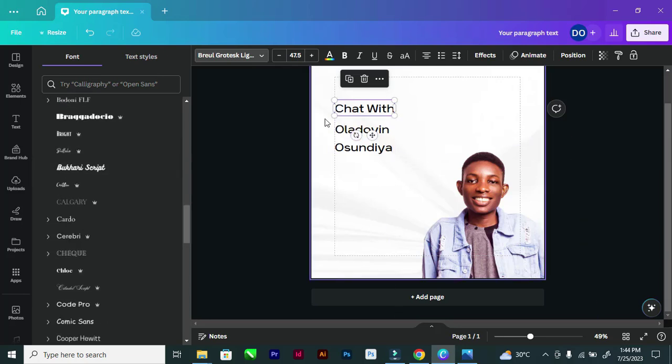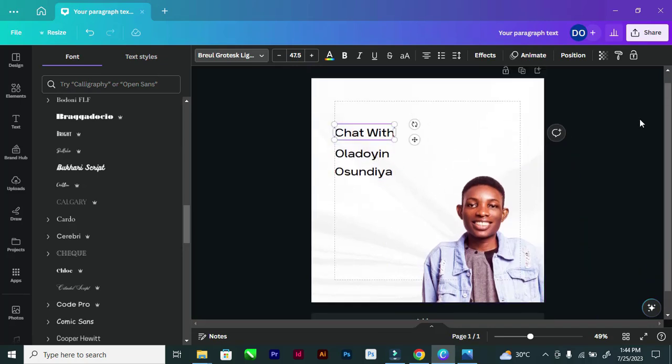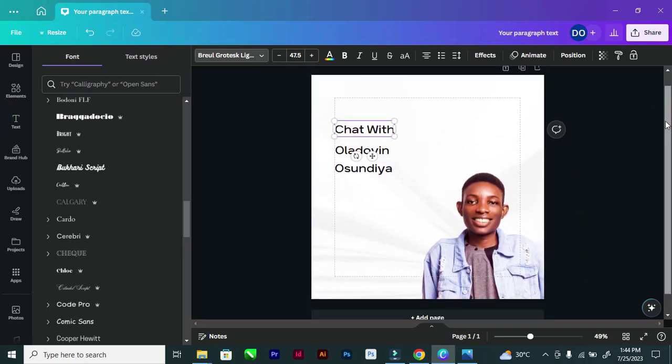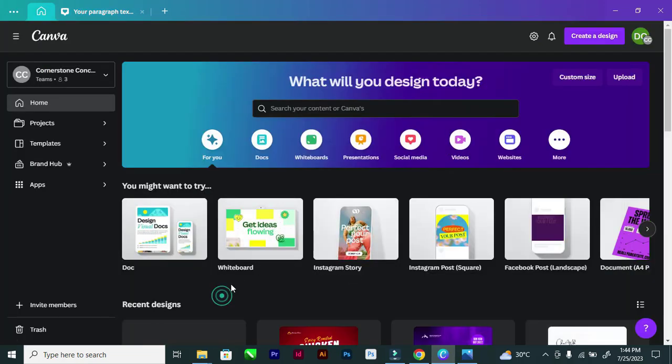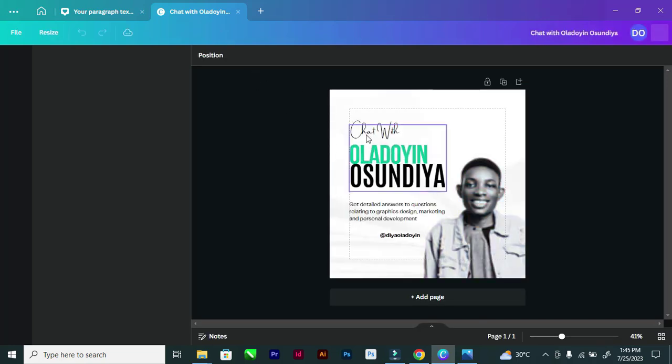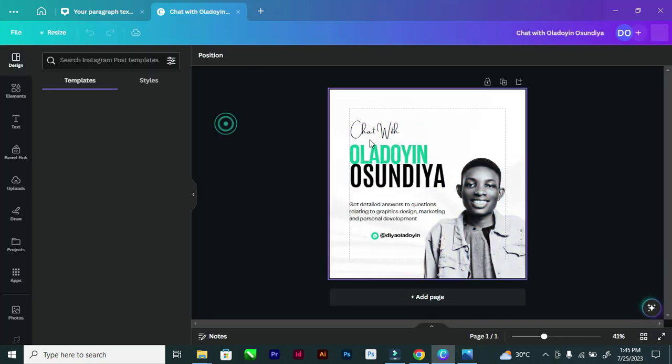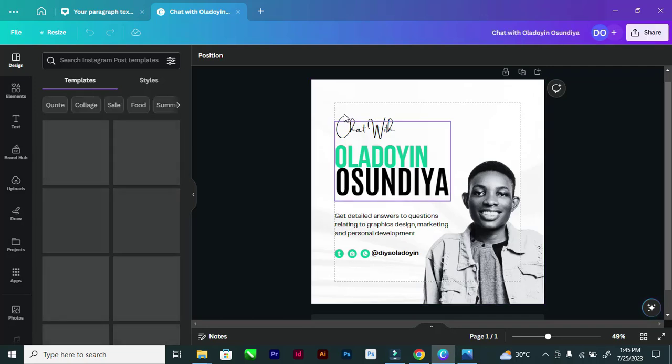Because I've already created this design before, because I wanted to show you guys the results before we start creating it, I can't remember the exact fonts we used, and I don't want us to waste much of our time. So I'll just go back to our home tab and open the already created design right here. Okay, so this is the design we already created before. So let's find the font. So this is the first font,